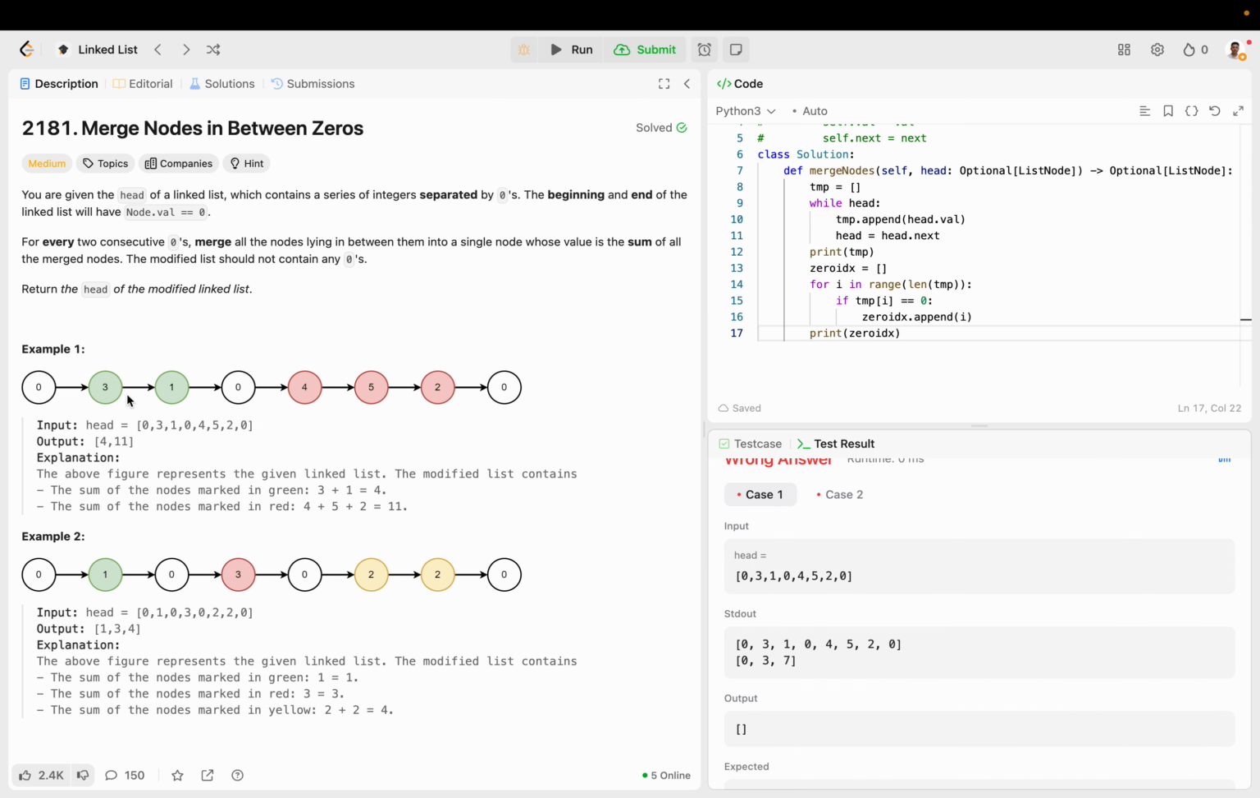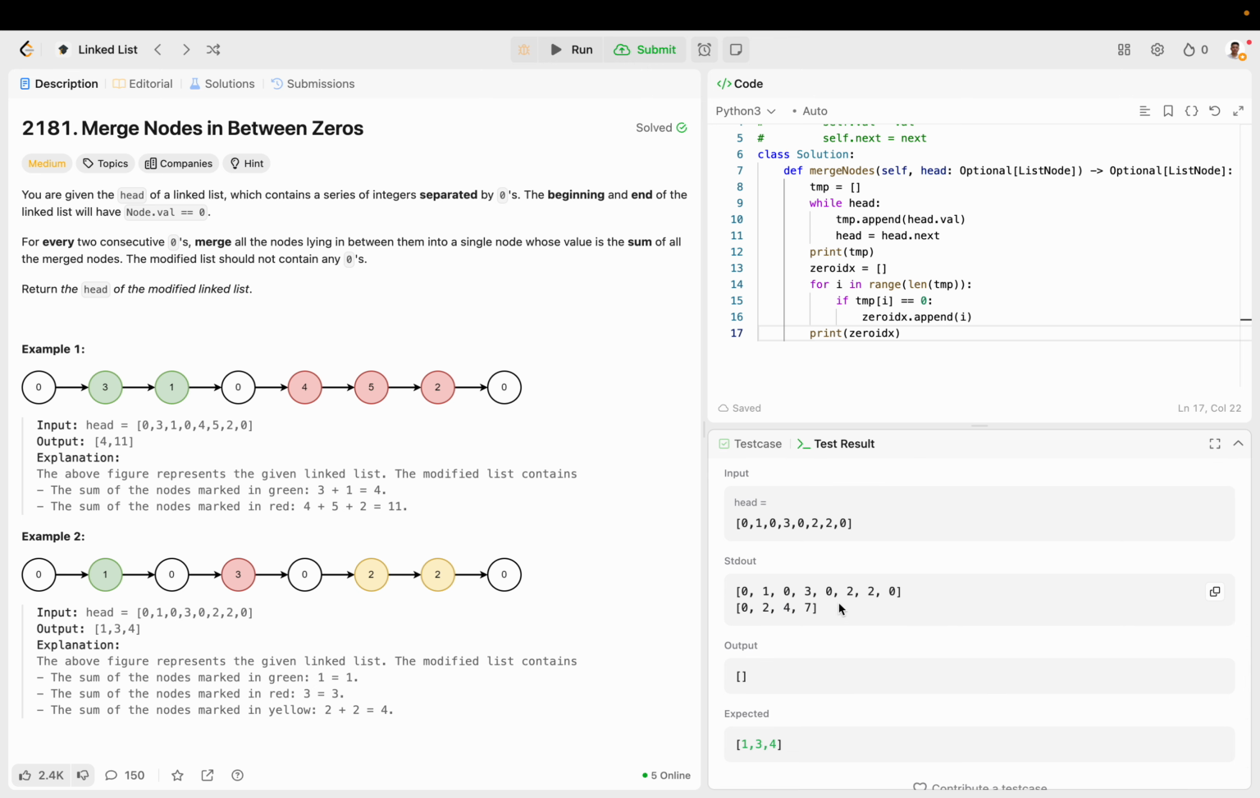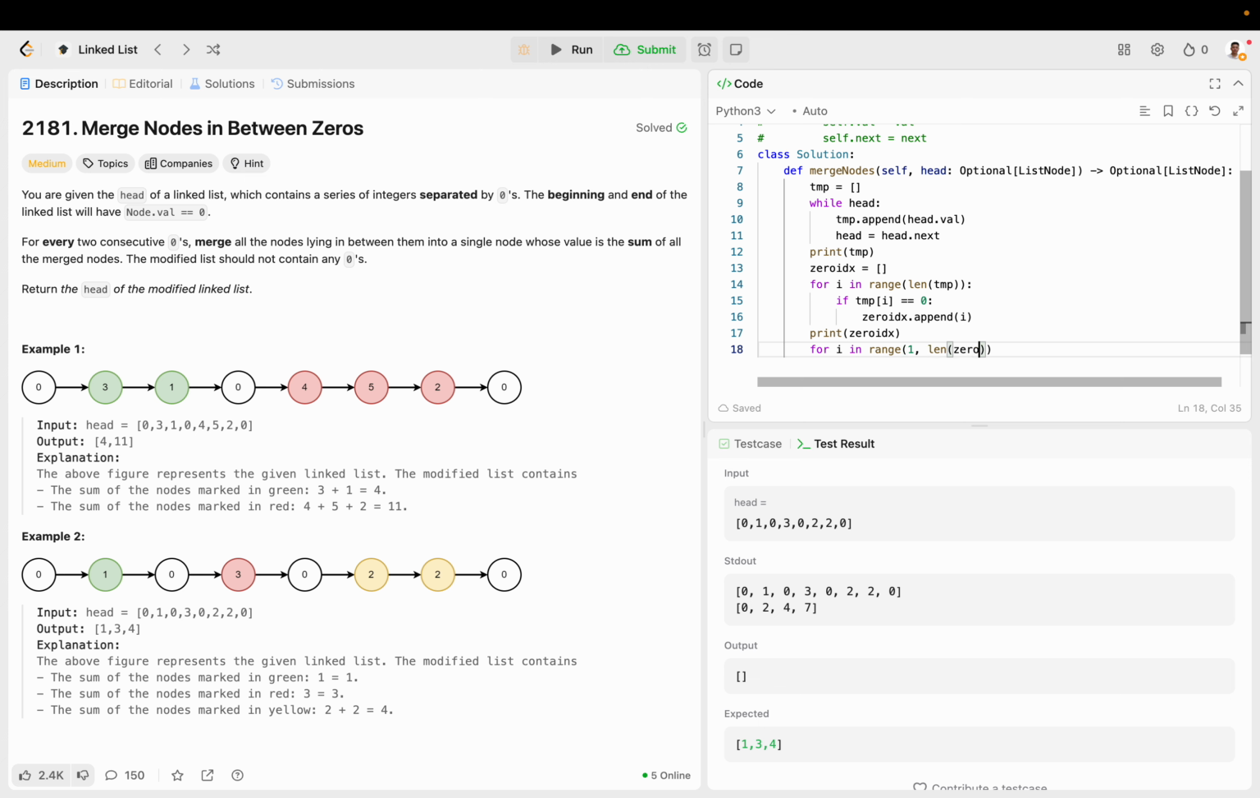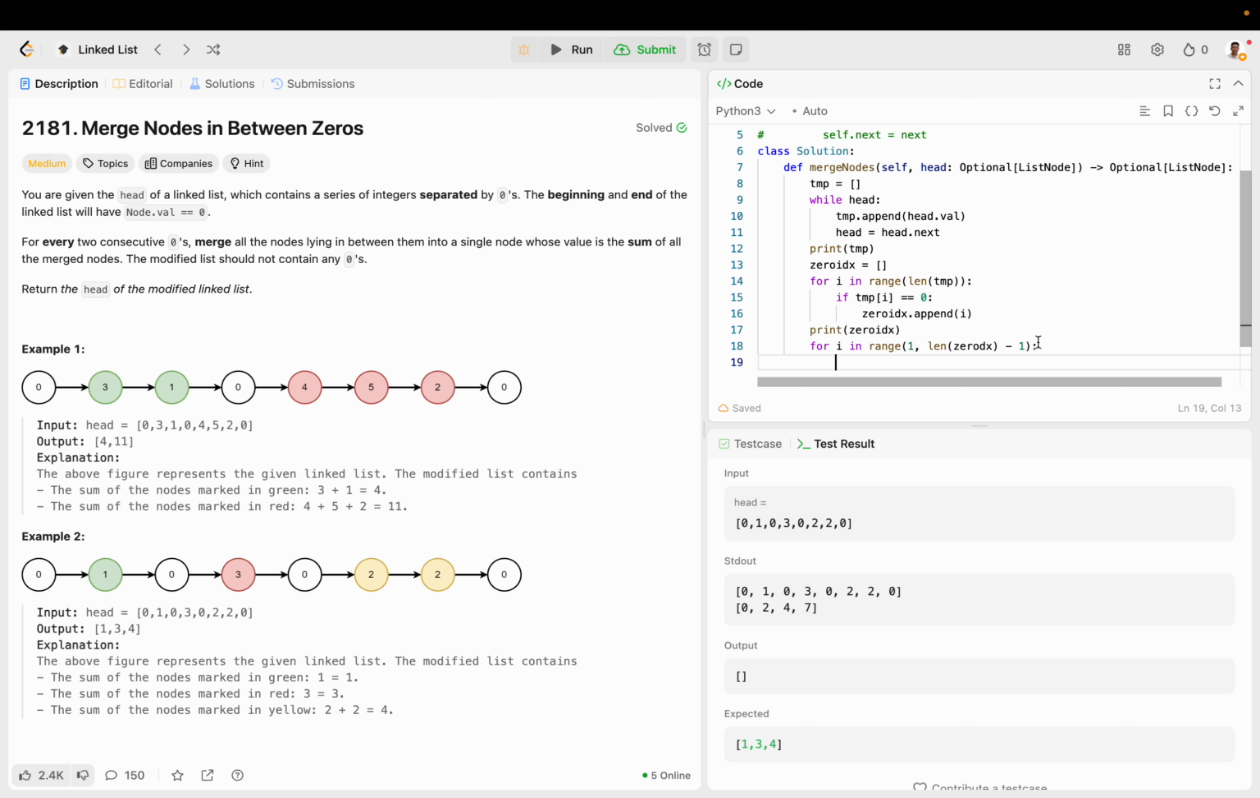Okay, so now what we want to do is iterate in pairs over this zero index array, it seems like. So 0 and 2, and then 2 and 4, and then 4 and 7. So sorry, every adjacent pair needs to be considered. So we can say for i in range 1, up to length of zero index minus 1, and then